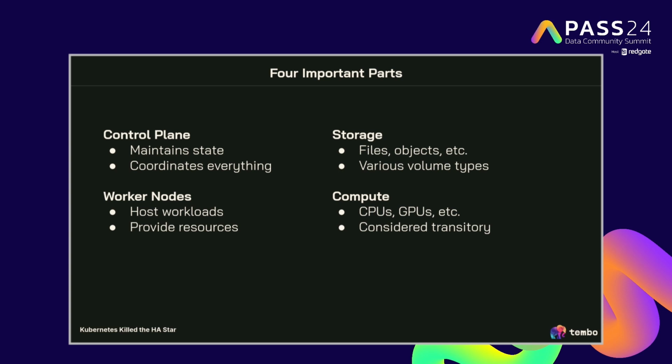So these are the 4 parts of Kubernetes: the control plane, storage, compute, and worker nodes. Storage and compute are separate. That means, and if you've ever played with NeonDB, you can actually assign other nodes to your storage and have like 10 servers for your same data. Not with replicas, but you can do replicas too because it's Postgres.